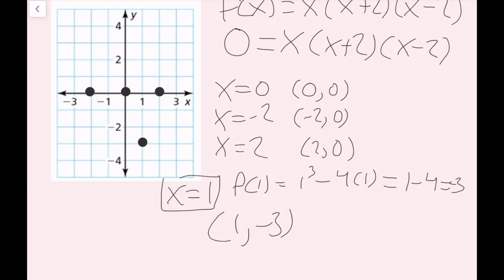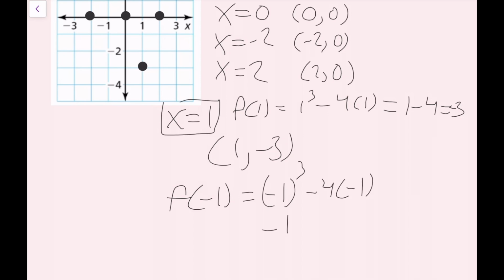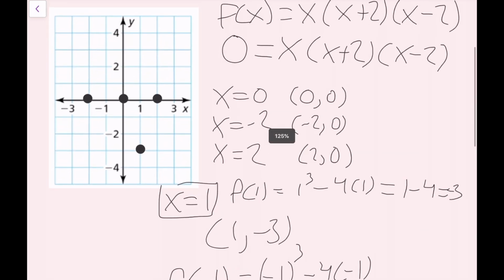Now I'm going to do the same thing for x equals -1. I'll do f of -1 equals -1 cubed and then minus 4 times -1, which is going to be -1 and then plus 4, which equals +3. So my ordered pair is going to be -1 comma +3. And then what I do is I'm just going to plot that point,